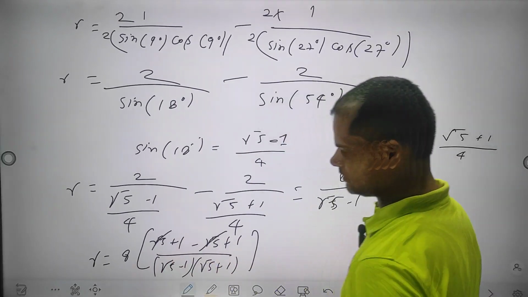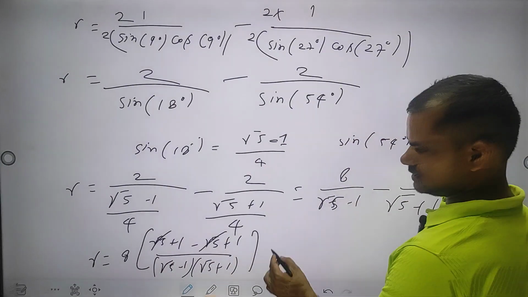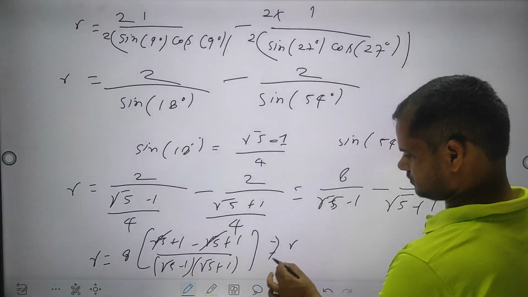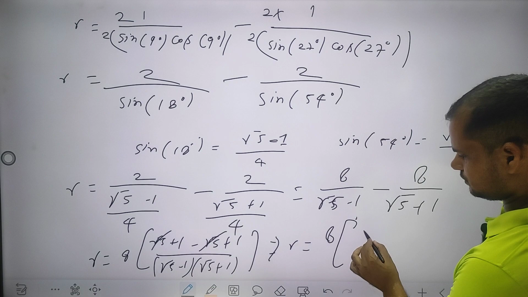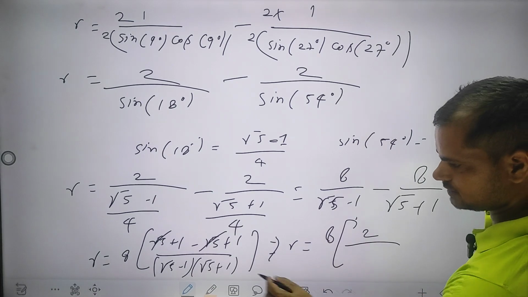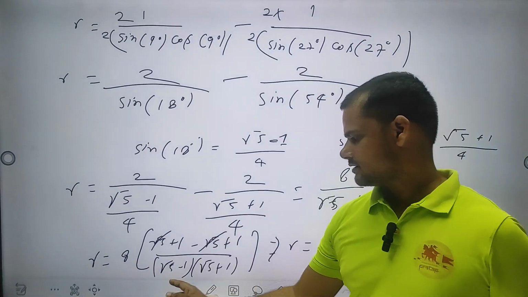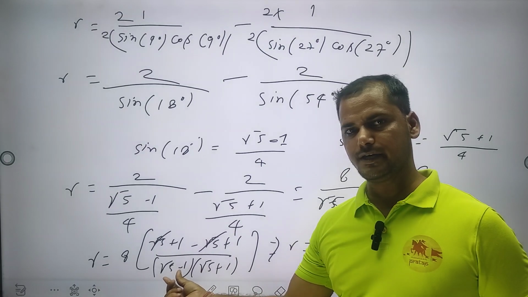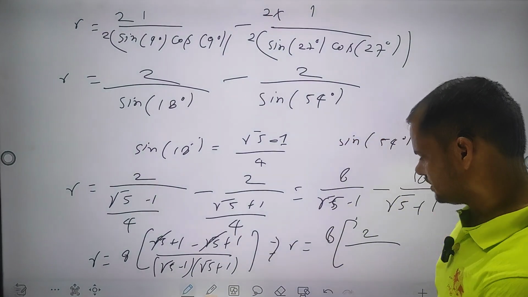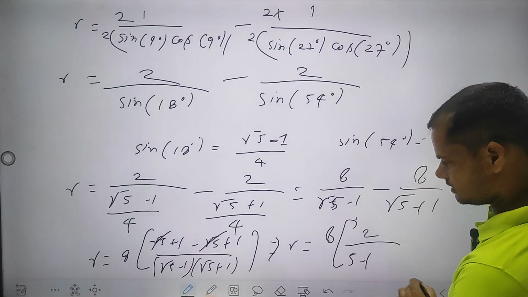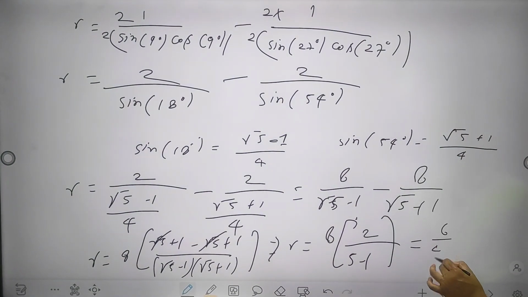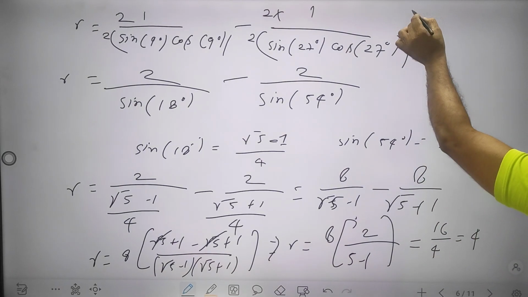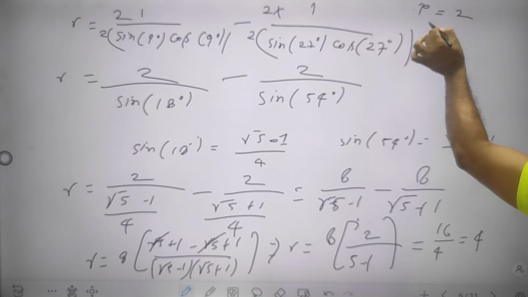The root 5 terms will be cancelled out, and r equals 8 into 2 upon, using a square minus b square equals a minus b into a plus b, 5 minus 1, which is 4. So 16 by 4, this will be 4. And we know that p equals 2, q equals 6,